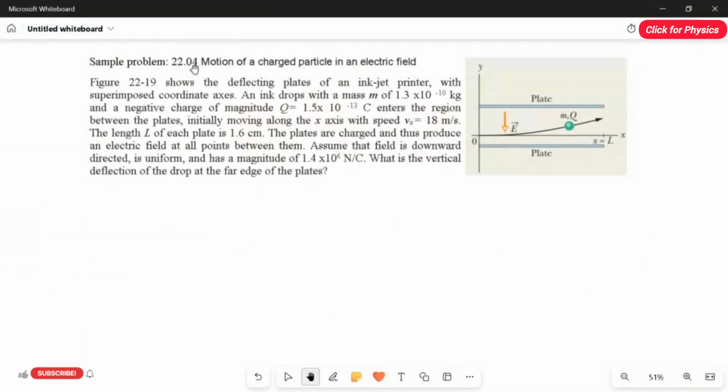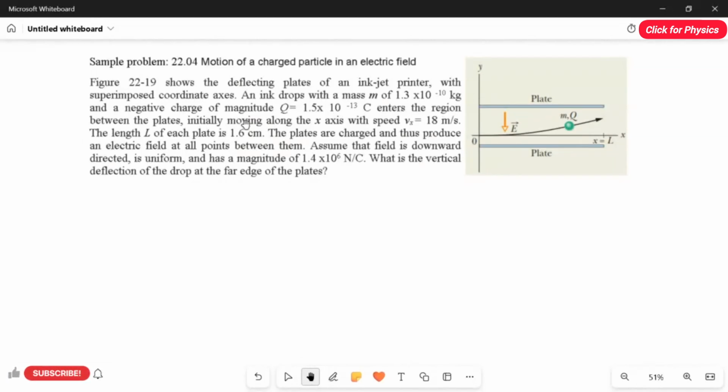Sample problem 22.04: Motion of a charged particle in an electric field. The given figure shows the deflecting plates of an inkjet printer with superimposed coordinate axis. An ink drop with a mass of m, equal to 1.3 × 10^-10 kilogram, and a negative charge of magnitude q, equal to 1.5 × 10^-13 coulomb, enter the region